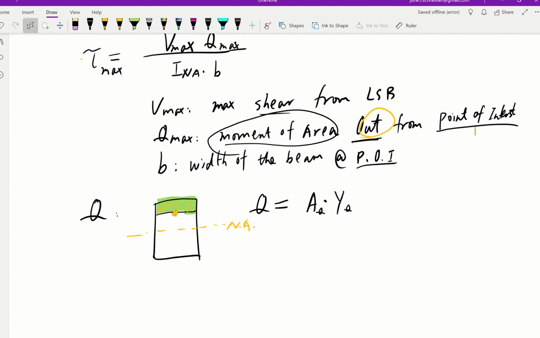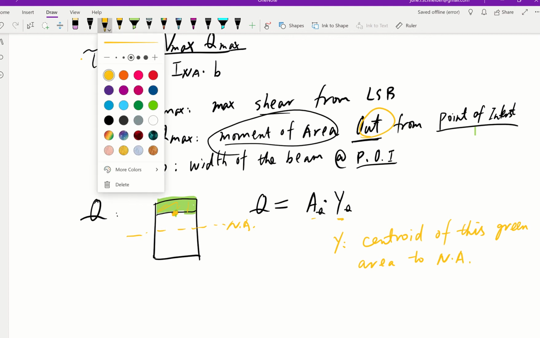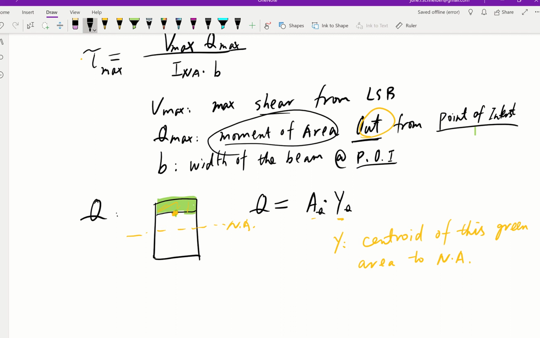And we're going to explain this area. Now what is y? Y is a distance. So y is going to be the centroid of this area, this green area, to neutral axis. So in that situation, if I were drawing that y, that would be,